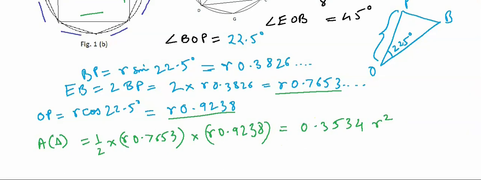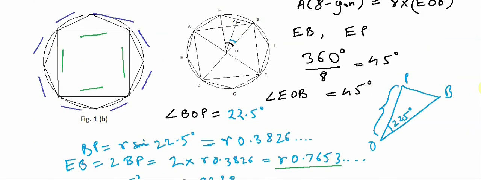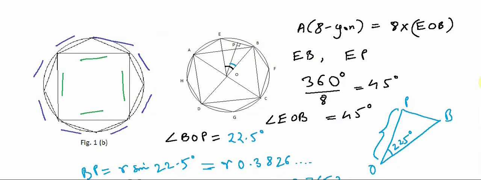This is the area of one triangle EOB. So the area of the octagon is 8 multiplied by this number in green,